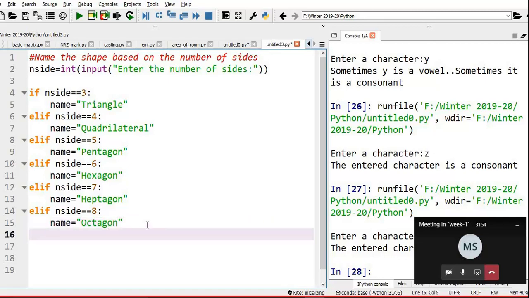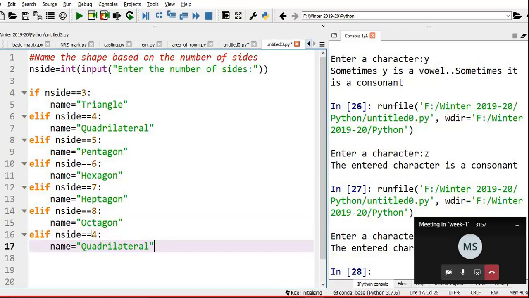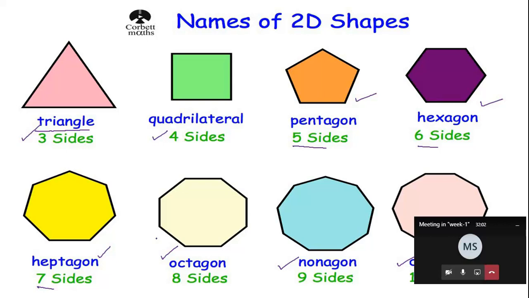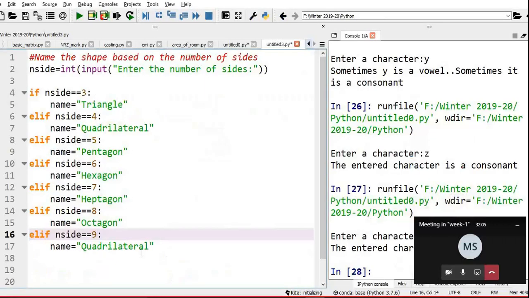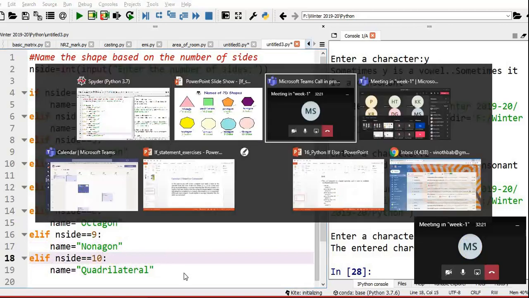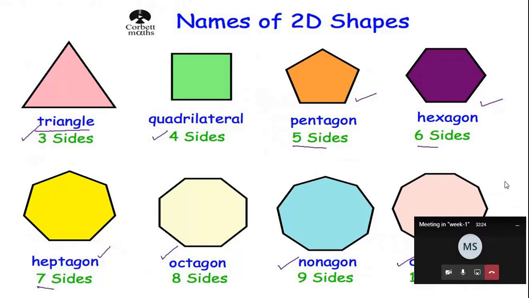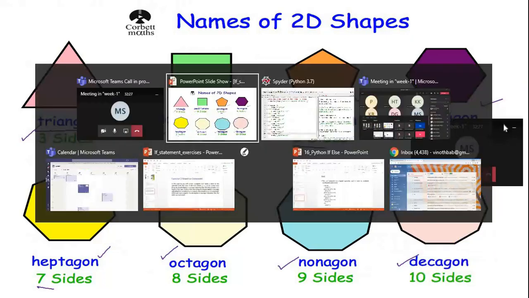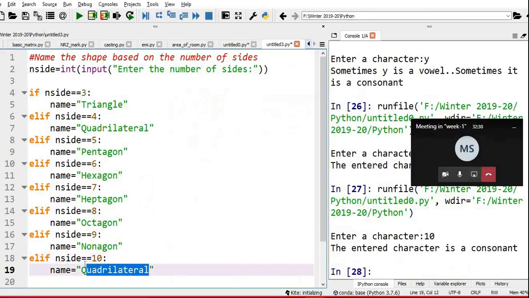If the number of sides is 9, nonagon. Then the number of sides is 10. What is the name? Decagon.